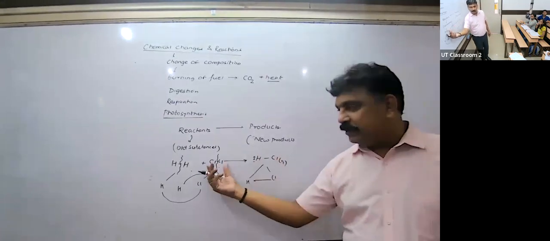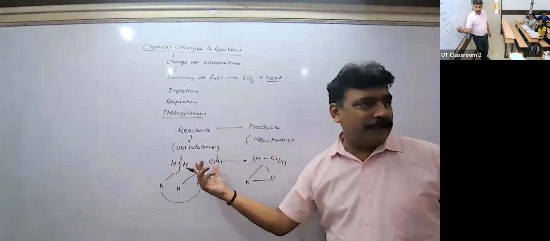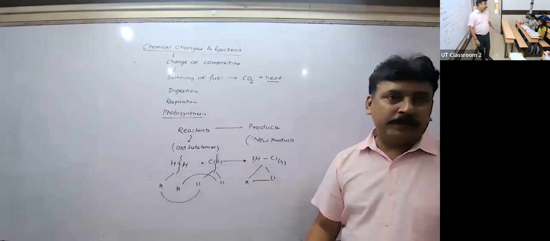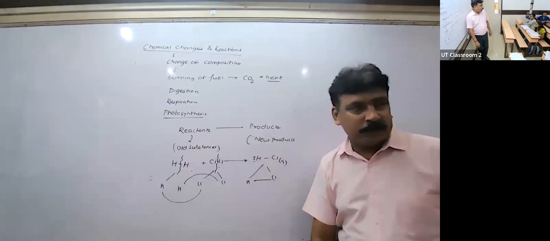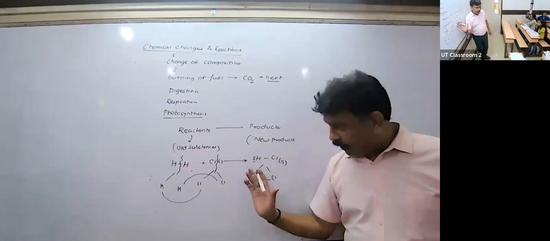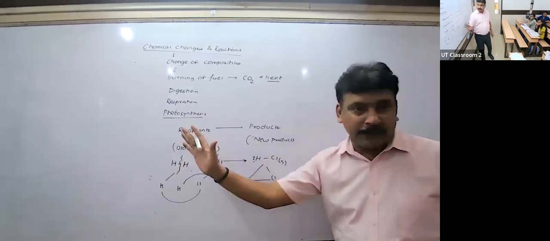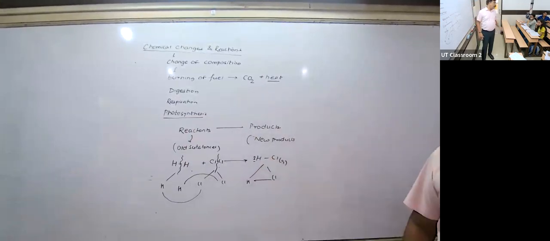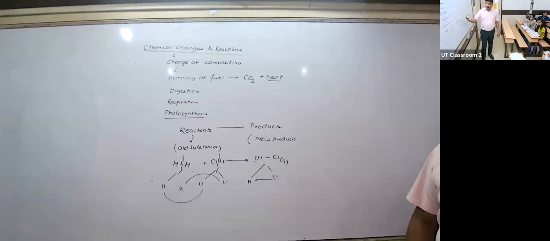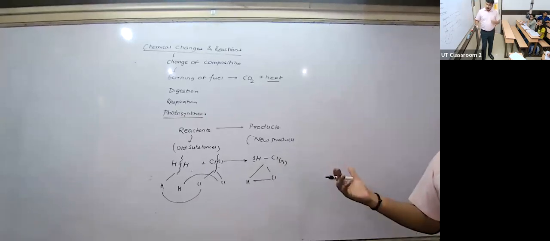Now what is HCl? HCl is different from what? H-H and Cl. So that means there is a change of composition. Likewise, in an easy manner, we cannot reverse this process. We cannot make the reaction move in a backward direction again. And such type of changes or chemical changes are difficult to reverse, okay, or they are irreversible kind of processes.